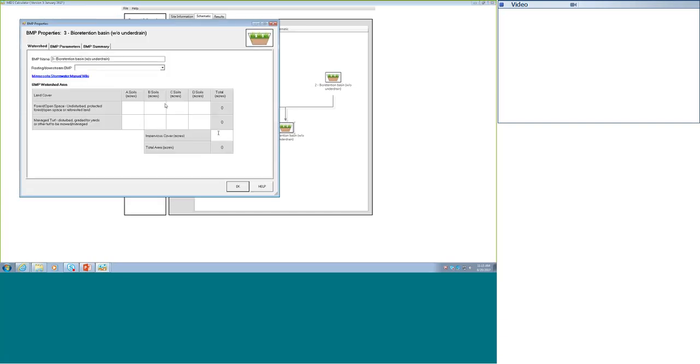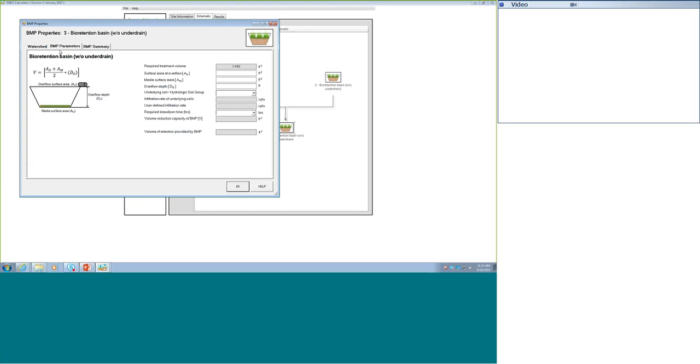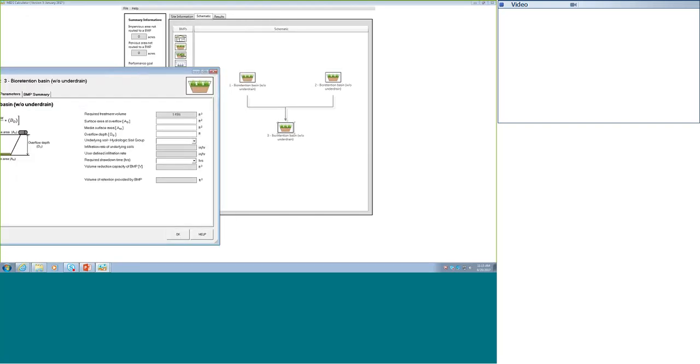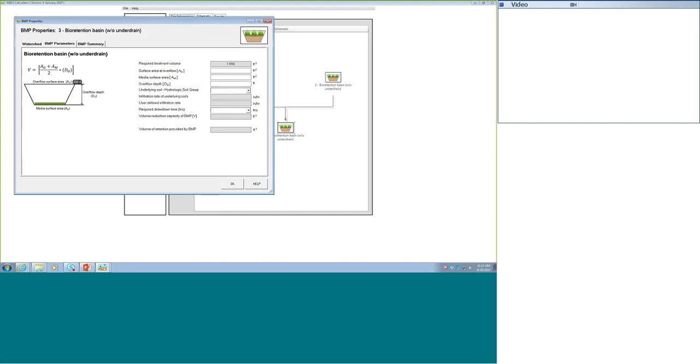So here, I'm not going to route any pervious or impervious because all of it's been routed, but I am going to go in and try to design this system so that I meet my performance goal. So you can see that my required treatment volume is 1496, and that's all coming from those other two BMPs. So 1,496 cubic feet of water is coming from these 2 other practices because I'm not routing any impervious to this. So I'll go in and I'll size this so that it meets the performance goal, do the easy calculations,